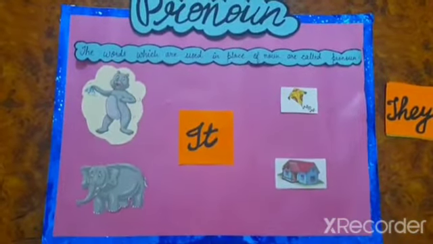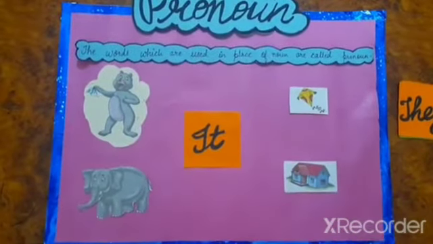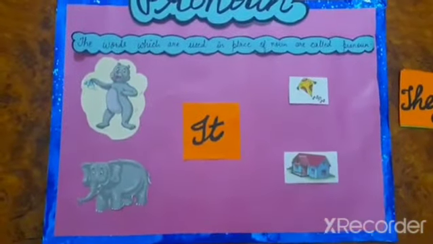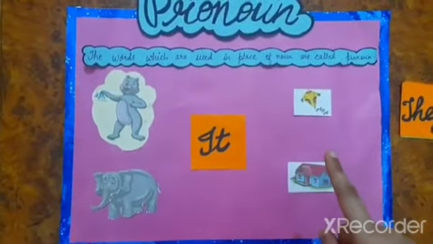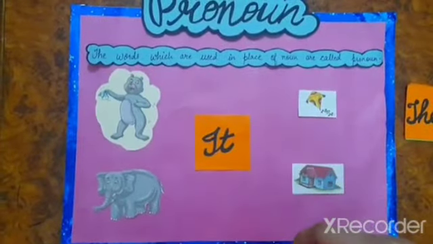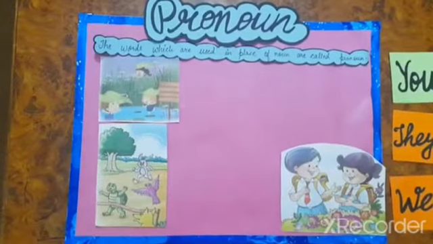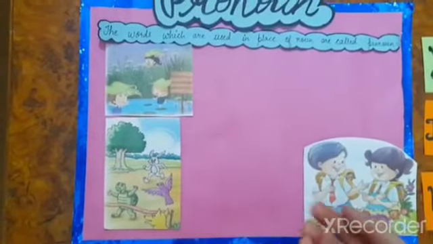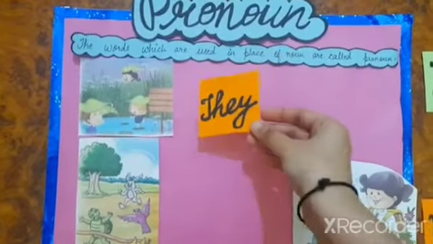So students, in place of animals, things, fruits, vegetables, we are going to use the pronoun it. But remember one thing, when we are talking about one animal, one thing, one fruit, one vegetable, we are going to use the pronoun it. Okay students? Always keep in mind, when we talk about plural, like persons, animals, places or things, we are going to use the pronouns they and we.